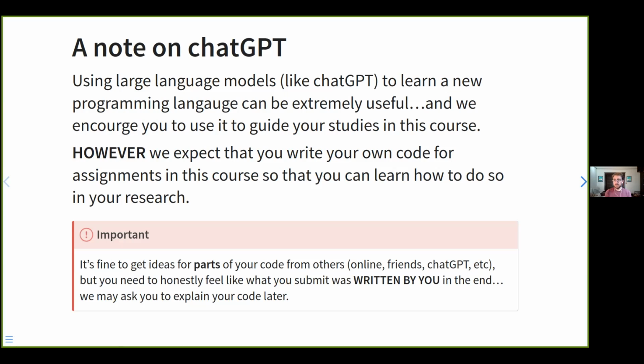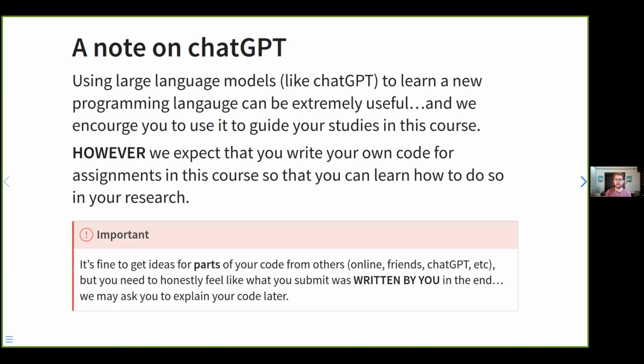However, this being a course for Emory, we do have to adhere to the code of ethics for Emory, right? So the expectation is that you are the one writing all of the code that goes into your assignments for this course. It's okay to get ideas from other places like friends or ChatGPT, but in the end, you honestly need to be able to feel like you were the one that wrote the assignment. Because in the end, if you